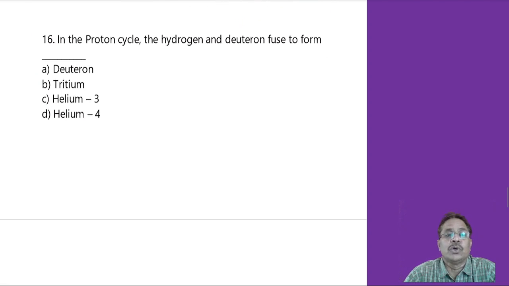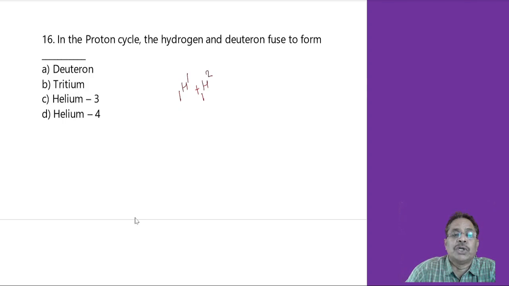Then in the proton cycle, the hydrogen and deuteron fuse to form... So therefore we can write this very simple reaction. The first nucleus is 1H1, and the second is 1H2. This is deuteron, this is simple hydrogen or proton, and when I go for this reaction, this gives rise to